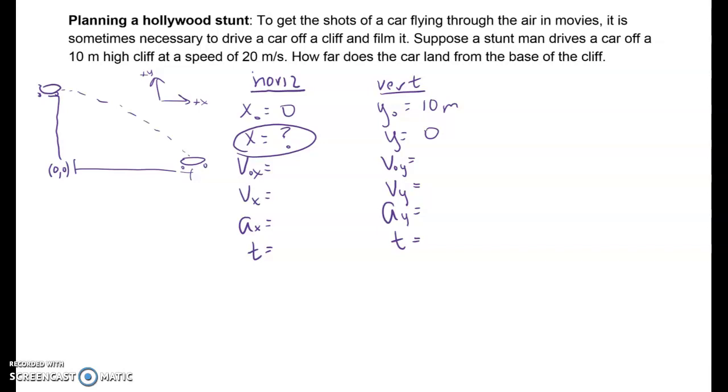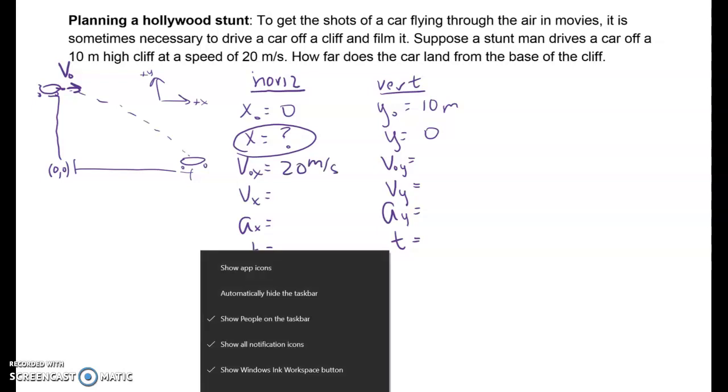So our car drives straight off the cliff. At the beginning moment in time here, our velocity vector, if we were to draw it, would be completely horizontal. Since this is what I like to call a horizontal launch problem, the initial velocity vector has no vertical component. It is entirely horizontal. So although I wrote that this is v naught, we can also say that's v naught x. He drives off the cliff at a positive value of 20 meters per second,